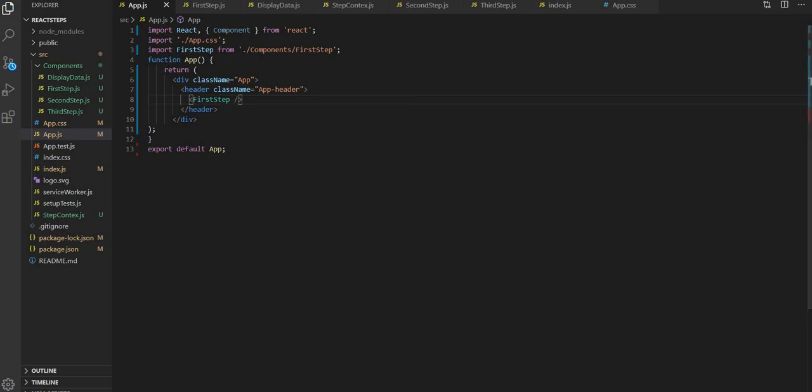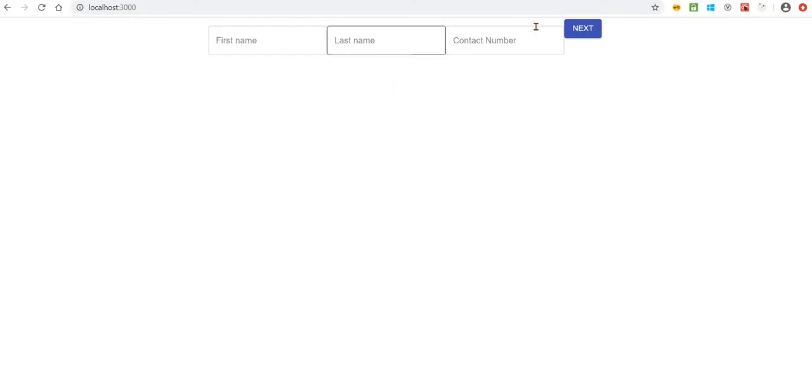So let's check on the screen. Yeah, we have our first step with the input box and button.